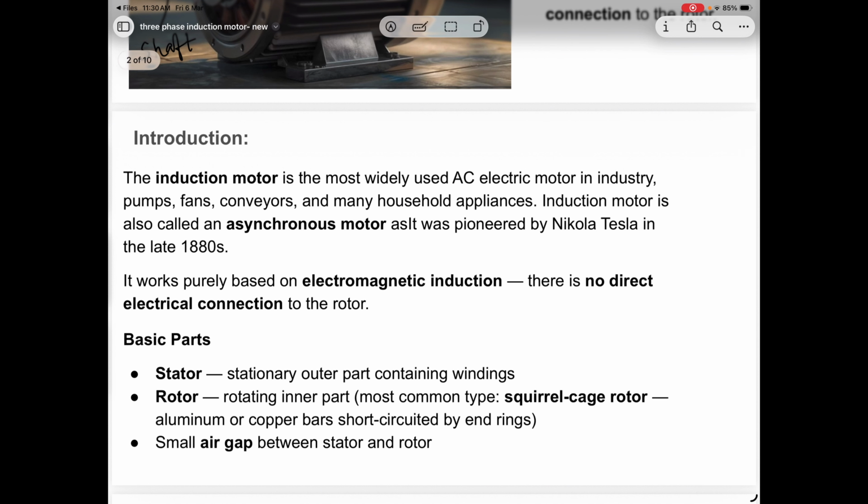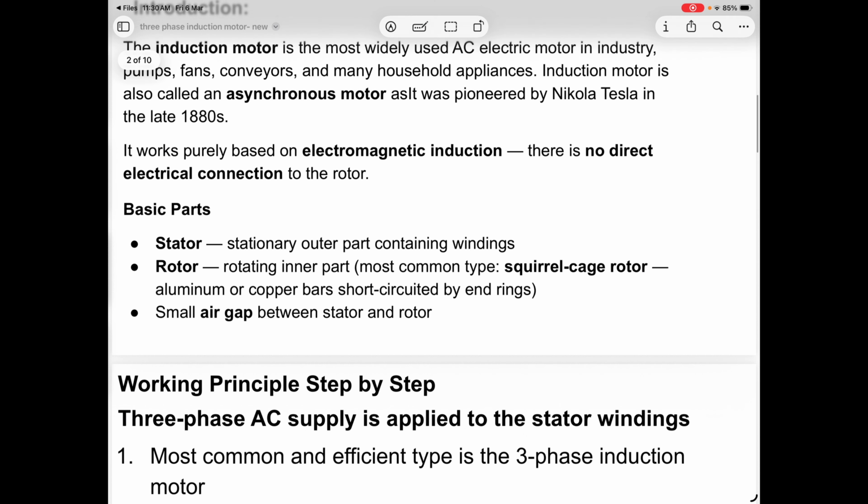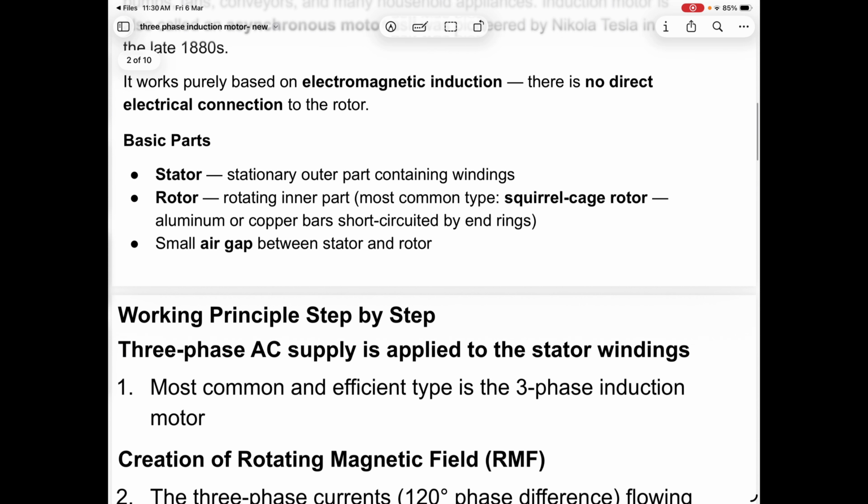An induction motor is the most widely used AC electric motor in industry, pumps, fans, conveyors, and many household appliances. The induction motor is also called the asynchronous motor, as it was pioneered by Nikola Tesla in the late 1880s. As I told, it works purely based on electromagnetic induction. And what are the basic parts? The stator and rotor. I will show you real photographs of the stator and rotor, which are available in our basic electrical